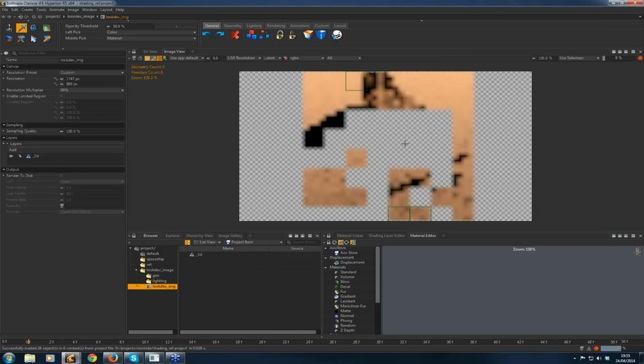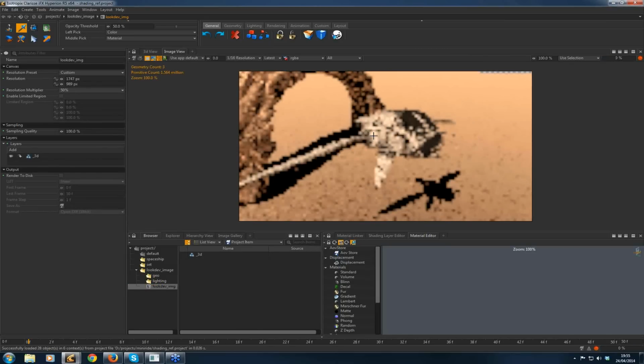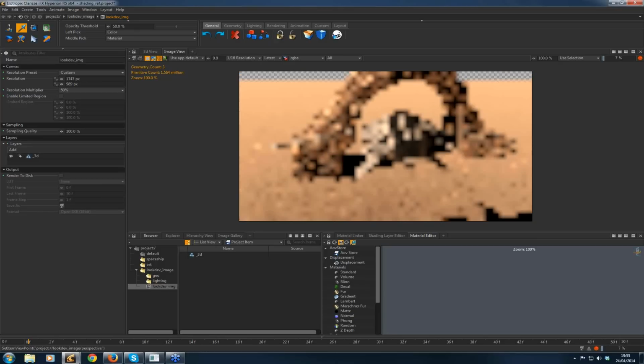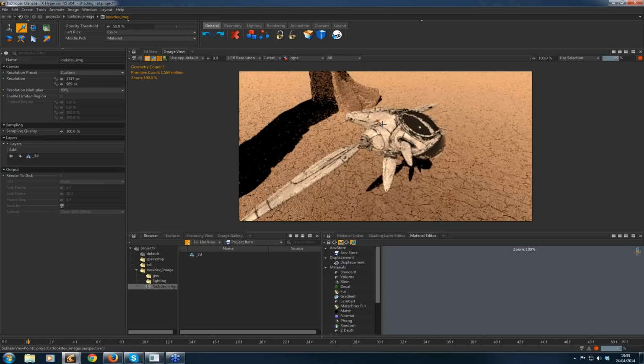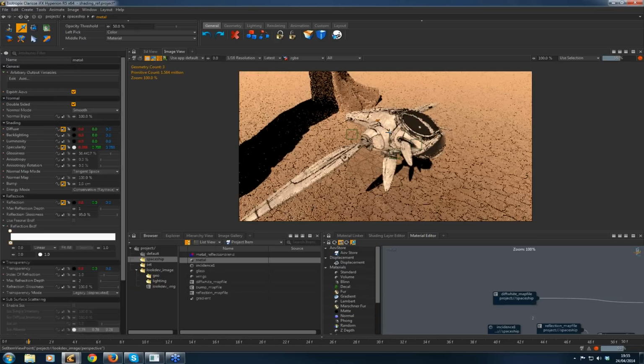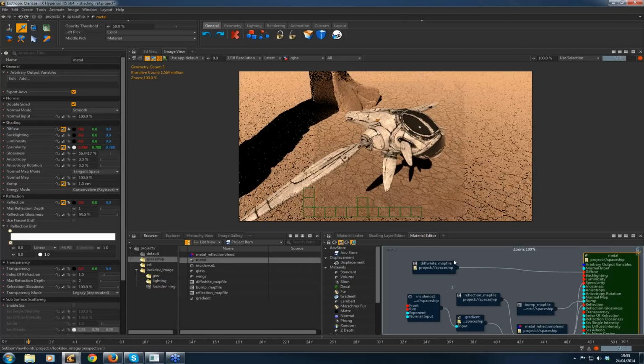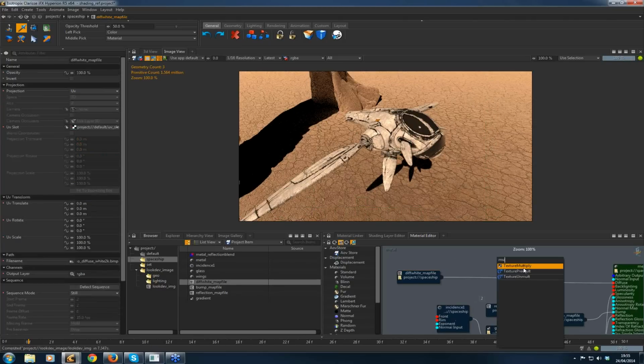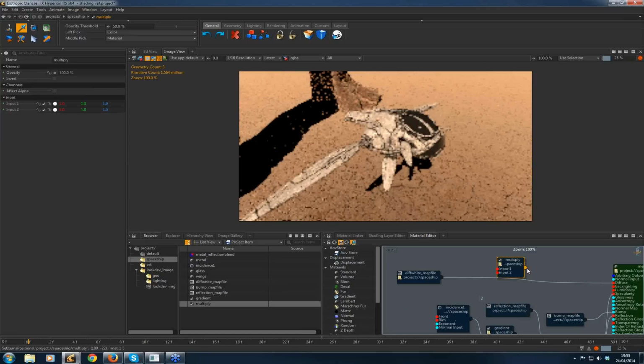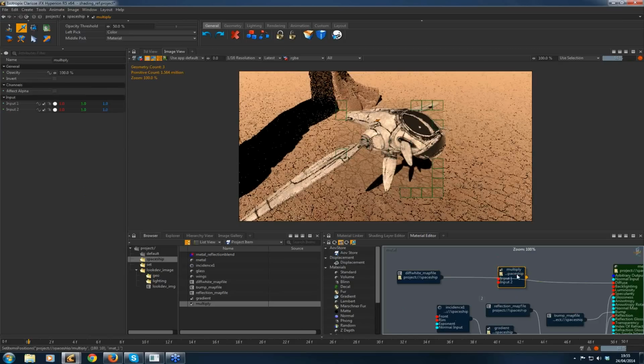Inside I have only one spaceship and a very simple set, and I click on the object to select the shader, and I will add some node, for example,